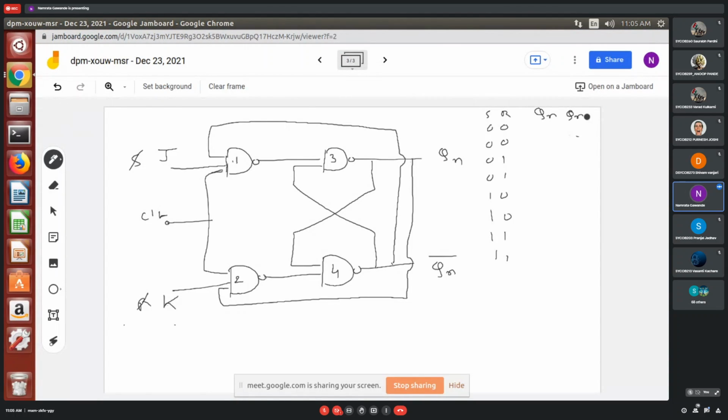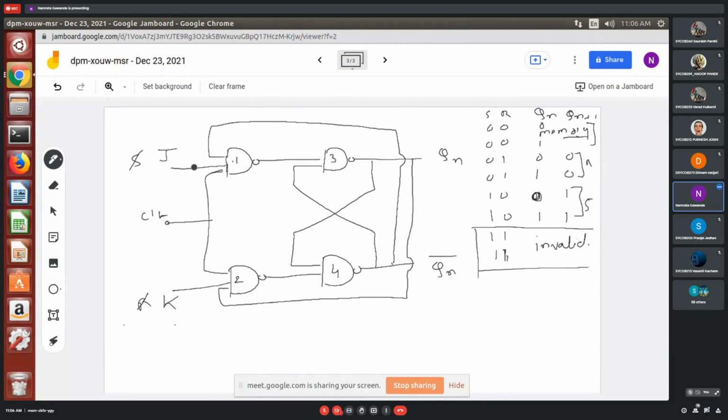Qn and Qn plus 1. So this is the memory state. Here it is 0, 1, so we are getting memory. If it is 0, 1, as this is a set, it is 0, so we get 1, 0. For 0, 1, we are getting a 1, 1, and for 1, 1, we are getting this as invalid. So this is the memory state, this is the reset state, this is the set state, and this is the invalid state. Now see, we are only working with this condition for the JK flip-flop.